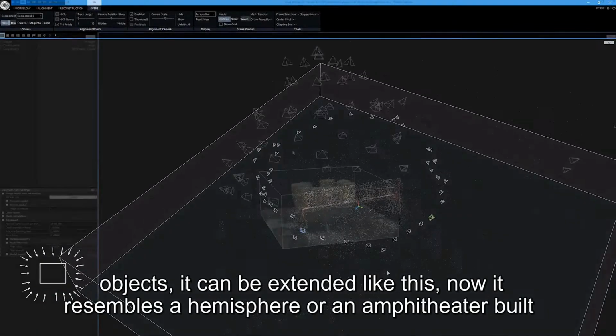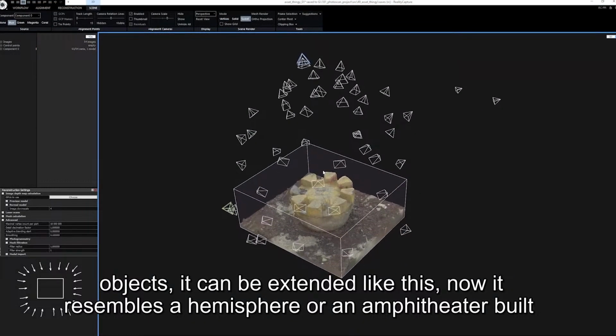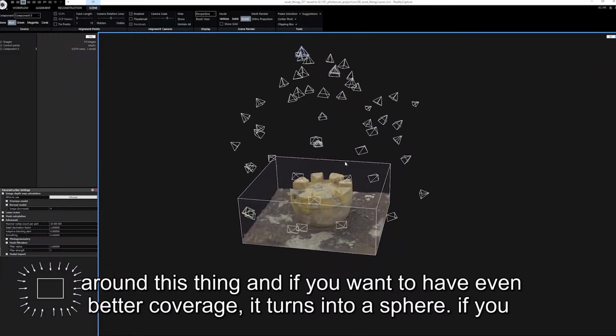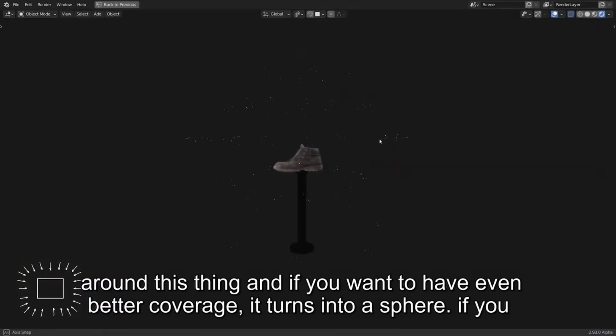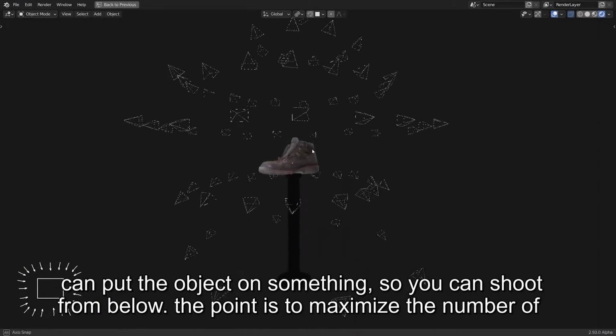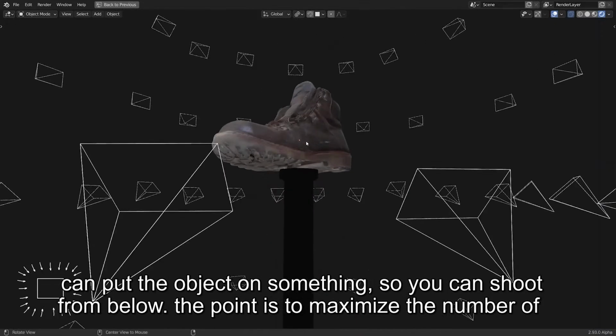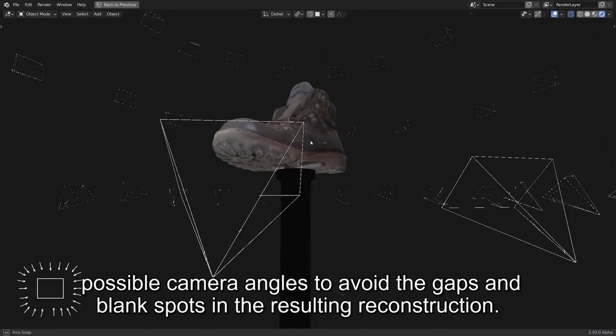It can be extended like this. Now it resembles a hemisphere or an amphitheater built around the object. And if you want even better coverage, it turns into a sphere, if you can put the object on something so you can shoot from below. The point is to maximize the number of possible camera angles to avoid gaps and blank spots in the